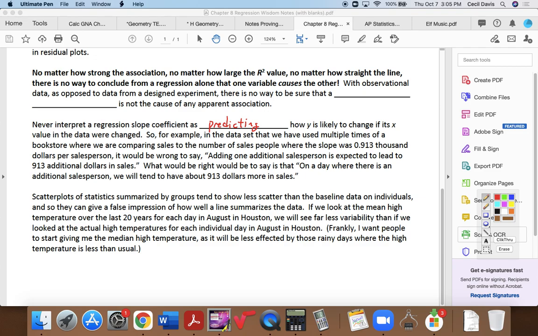And then this last idea: scatter plots of statistics summarized by groups tend to show less scatter than the baseline data on individuals. And so they can give a false impression of how well a line summarizes the data. So for example, if we look at the mean high temperature over the last 20 years for each day in August in Houston,